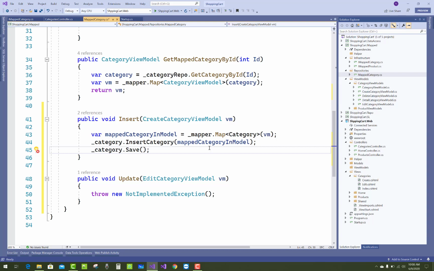So under Insert, mapped category view model, resolve category, just press Ctrl+Period or resolve usings.